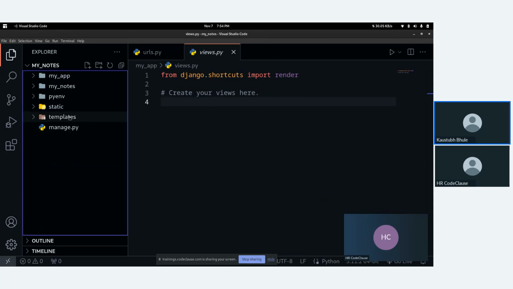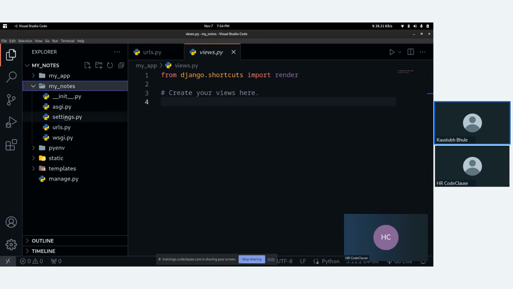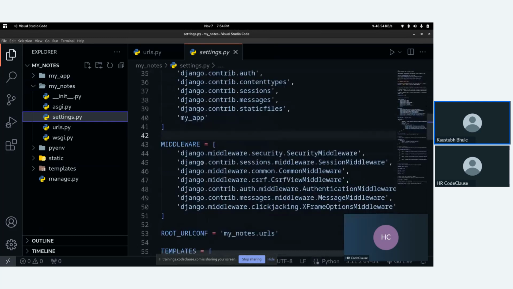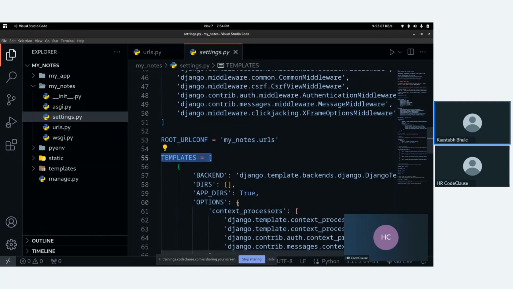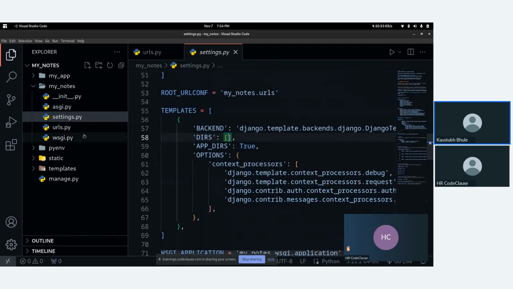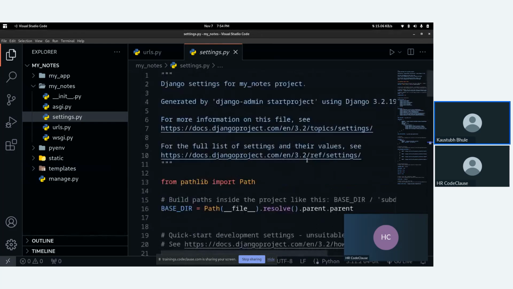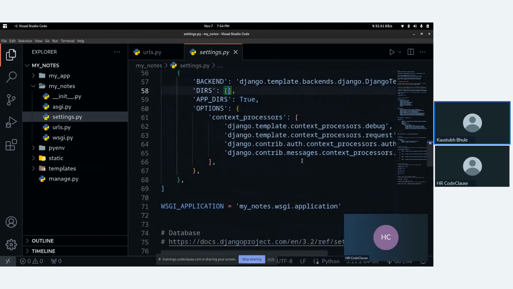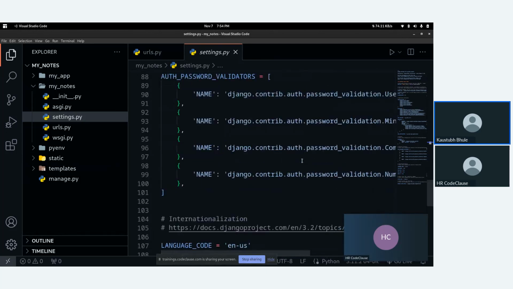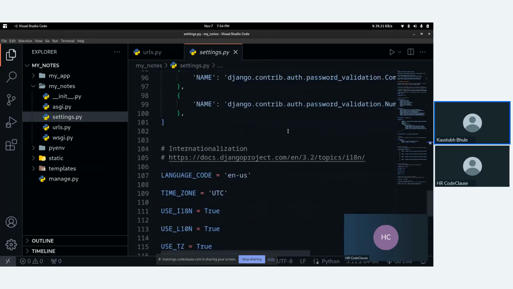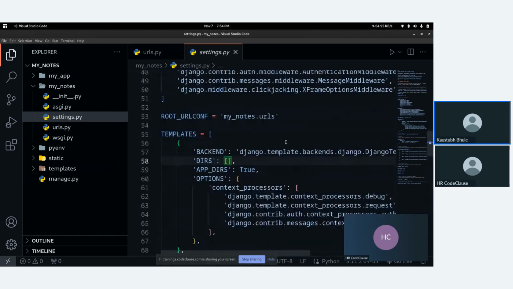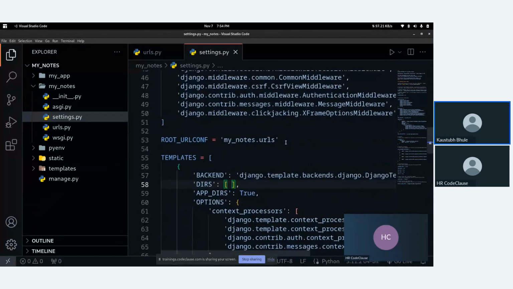Now to connect the HTML, to specify the templates directory, we will again go in our main project settings.py, and in the template section we need to give the directory for our templates, meaning we need to specify the path. So how can we do this?